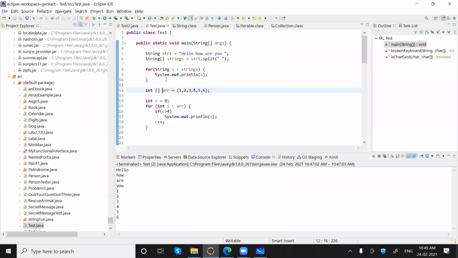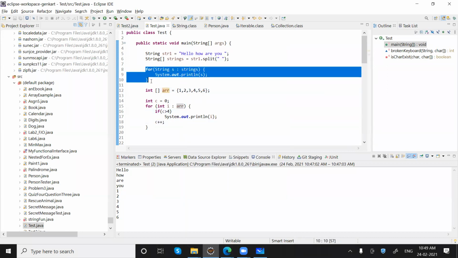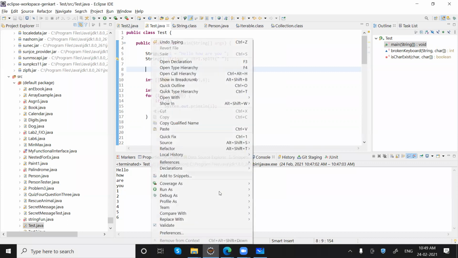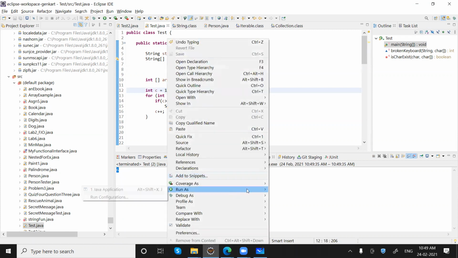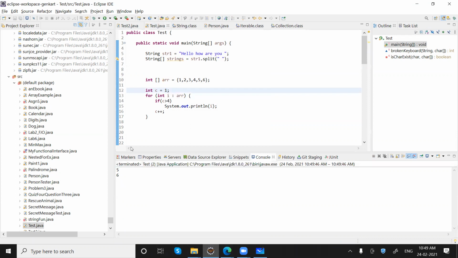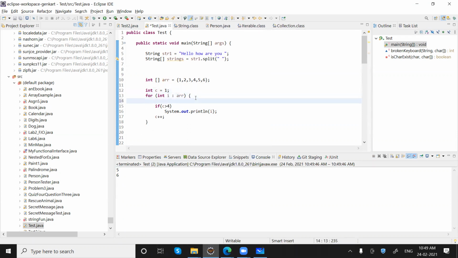Let me just remove this one. So you can see we are getting only 6 because we have started from 0 here, the counter. What if I say start from 1, then we will be getting 5 and 6. So yes, we are able to skip, but let's try to understand how many times this is getting executed.